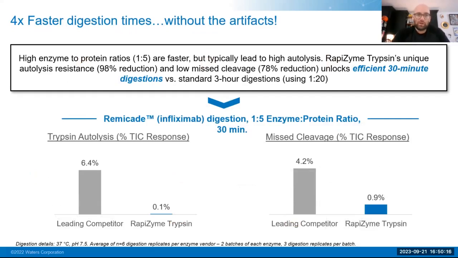So we look at this. This is where Rapizyme itself comes in, and what we're seeing here is the ability to introduce a very fast and efficient 30-minute digestion, as opposed to the standard 3-hour or longer digestions, based off of the protein to trypsin ratio. With the ability to use very high levels of trypsin, we're able to minimize a lot of the miscleavages, as well as almost get rid of all autolysis. So we minimize a lot of the artifacts, while making sure we're getting full digestion, so we're seeing every peptide that's relevant to our protein.